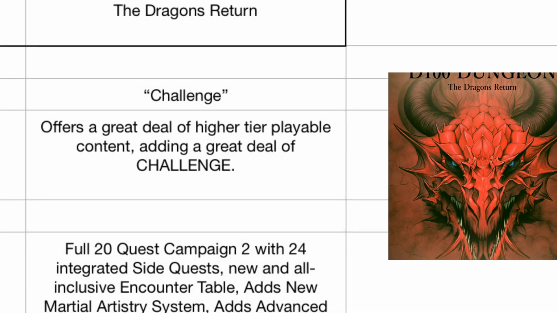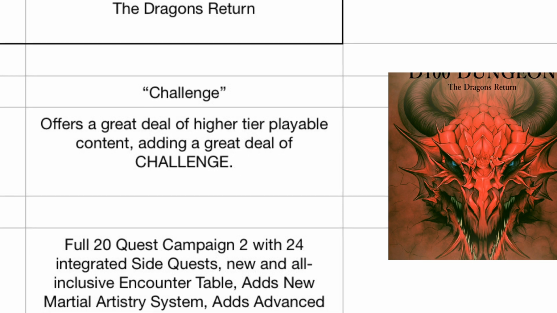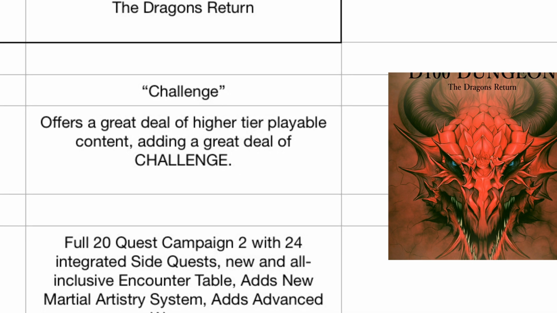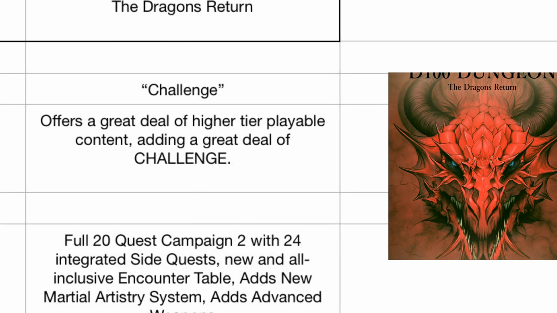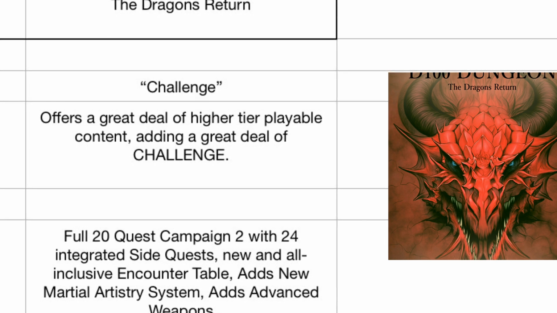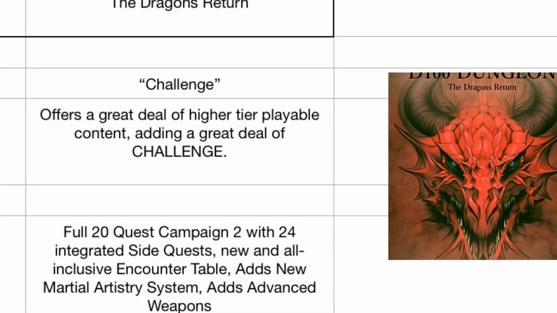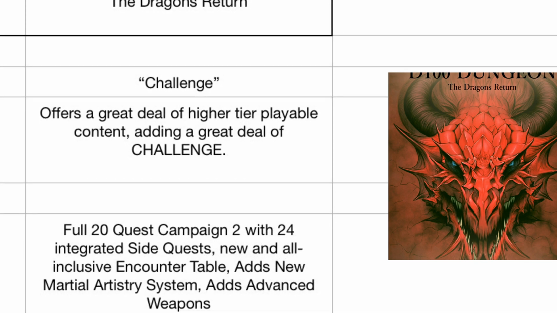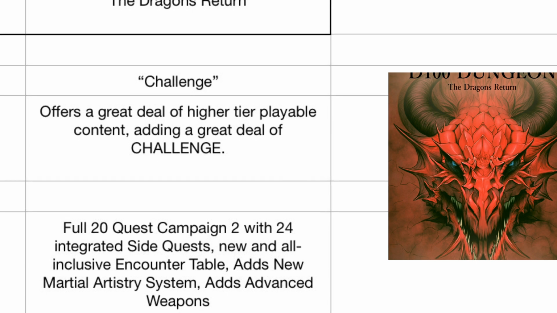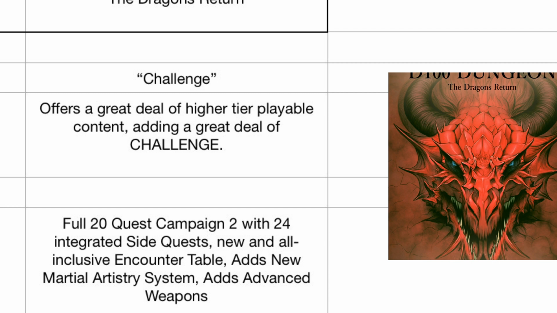Every monster is available and can be rolled for on one all-inclusive table. The brand new martial artistry system also allows dedicated adventurers to greatly increase their damage output and gives them access to awesome new advanced weapons such as the nunchaku and katana, that all increase in damage as your skill in